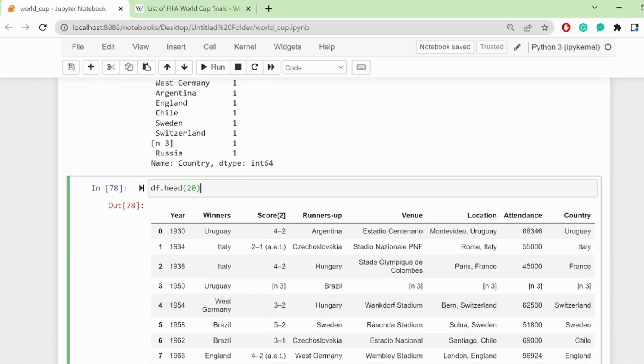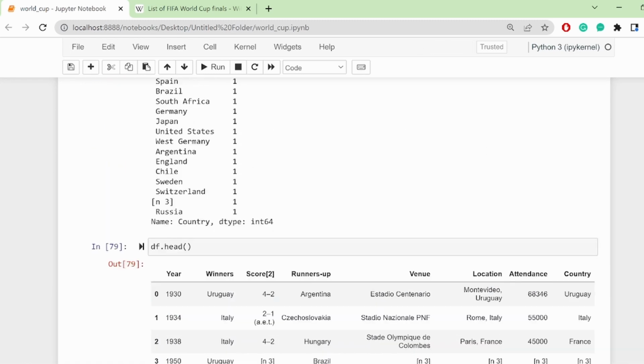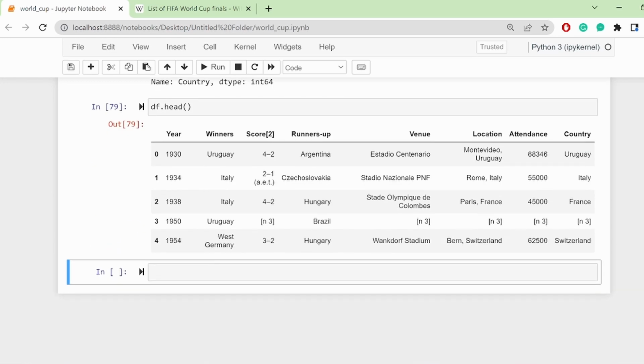Perfect. So what we want to do now is find out what is the percentage of the games that went to extra time. And we will do that by first of all finding out how many teams went to penalties, how many went to extra time, then dividing it by the total times 100. Let's first of all create that data frame. So we want the data frame where the scores,